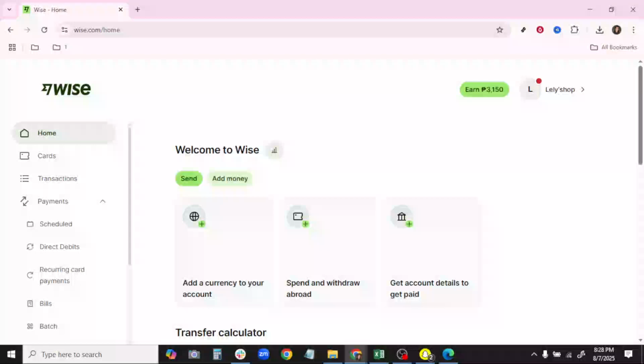In today's video, I'm going to teach you how to send or transfer money from your Wise account to a bank account in 2025. Navigating financial transactions can seem daunting, especially with new technologies evolving every day. However, Wise offers a straightforward and secure process for transferring funds, and we're here to walk you through each step